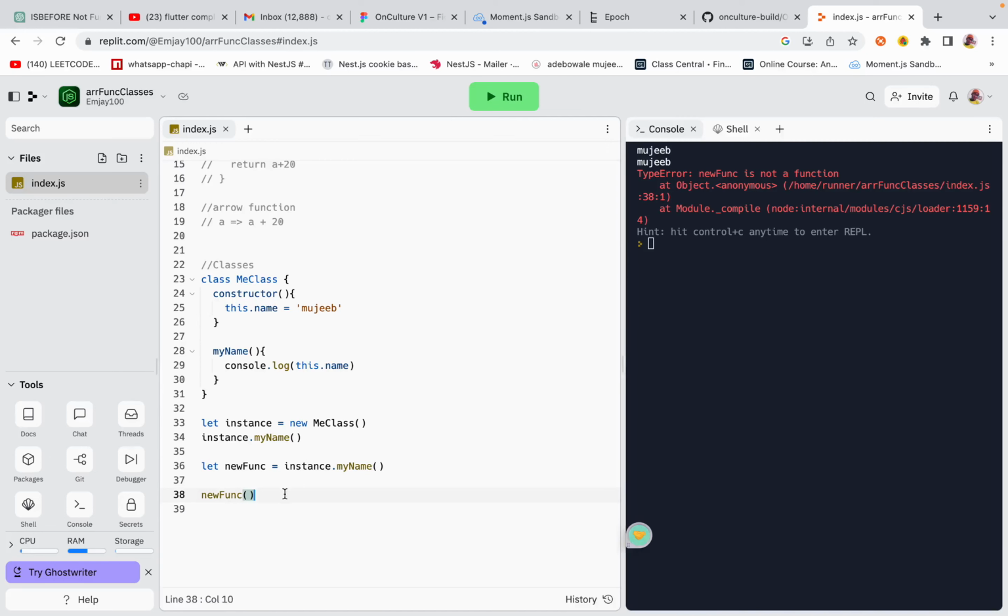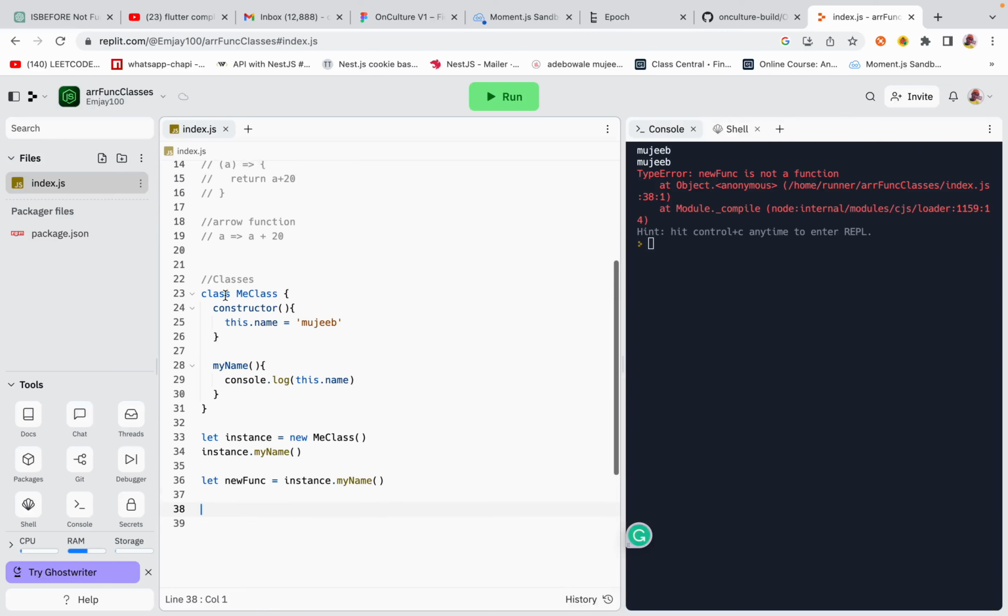So let's also do something now. We are going to use another approach to create the same class, right? But a method of that class, we are going to use an arrow function to create that. So let's say class, right? My class second, right? All right. So we have our constructor function, right? Then we say this dot name